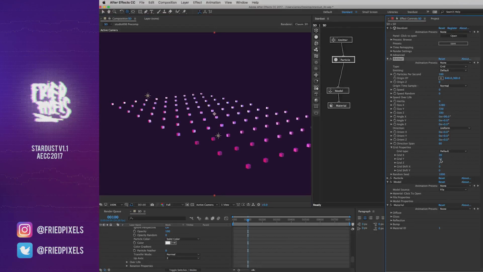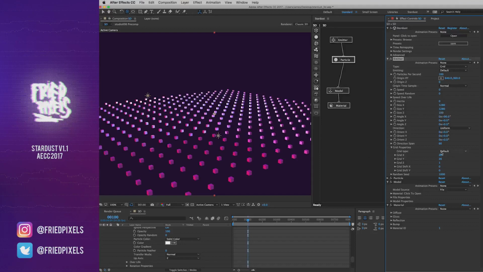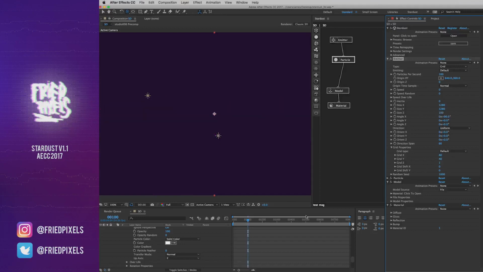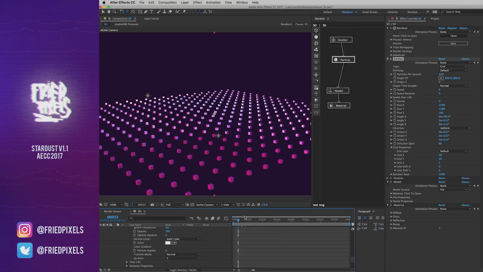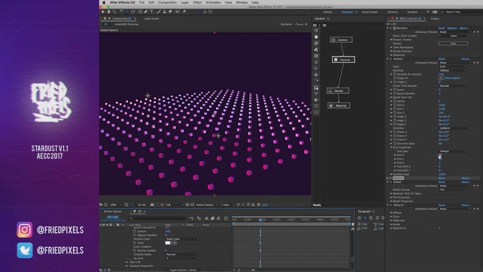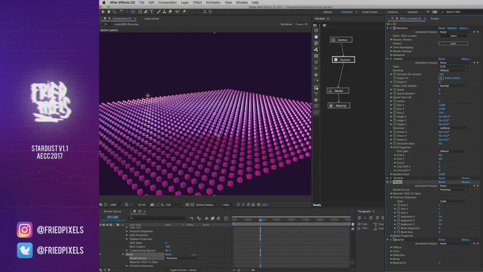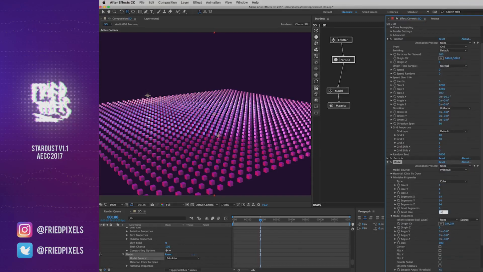Let's maybe double this up here. Maybe even more. Oh, I need to make my particle life longer, so let's just set this to 12. And there we go. So now we have our basic, if I drop down here, go to primitive, we have a basic cube setup, and I'll go ahead and add back in that bevel